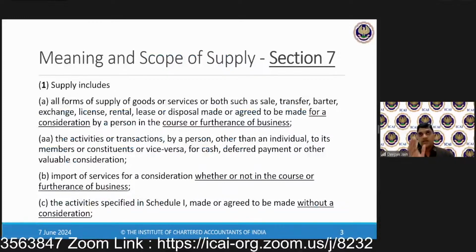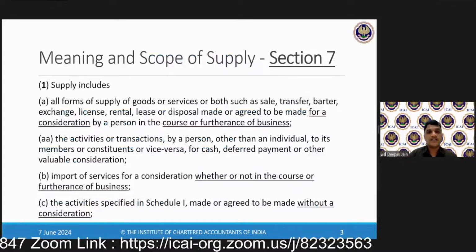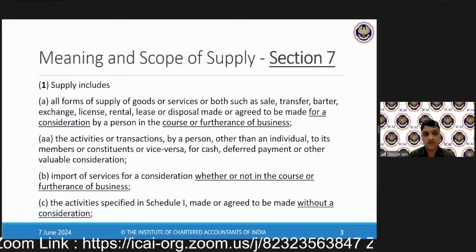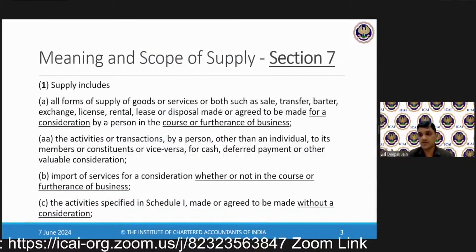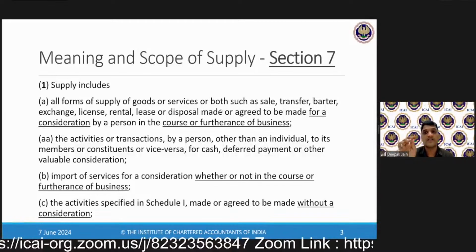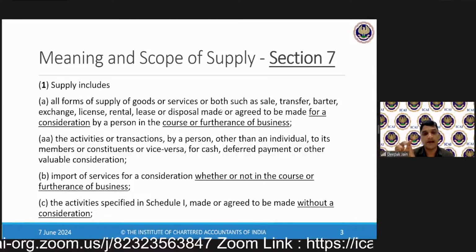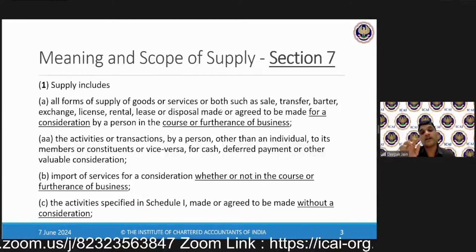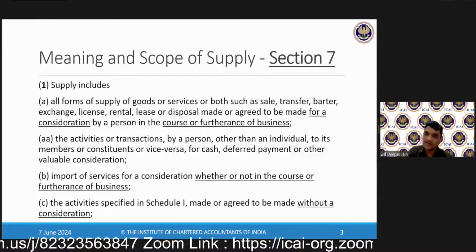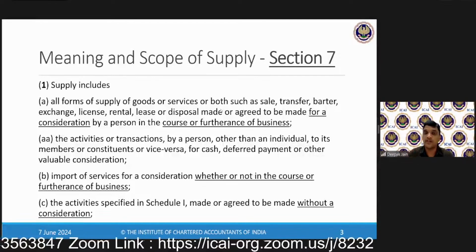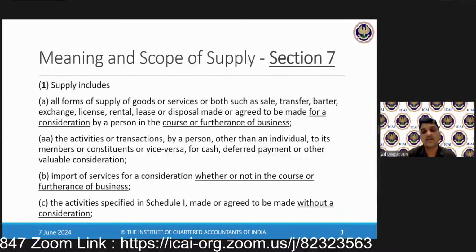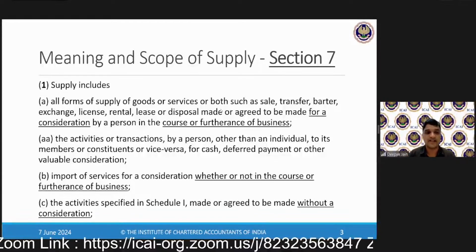Now, the taxable event under GST is when you supply some goods. Okay, when you supply some goods or services or both. So important aspect is supply. There should be a supply. It could be supply of goods or supply of services, or could be supply of goods or services both. There could be an instance where you get both. That is also a supply transaction.